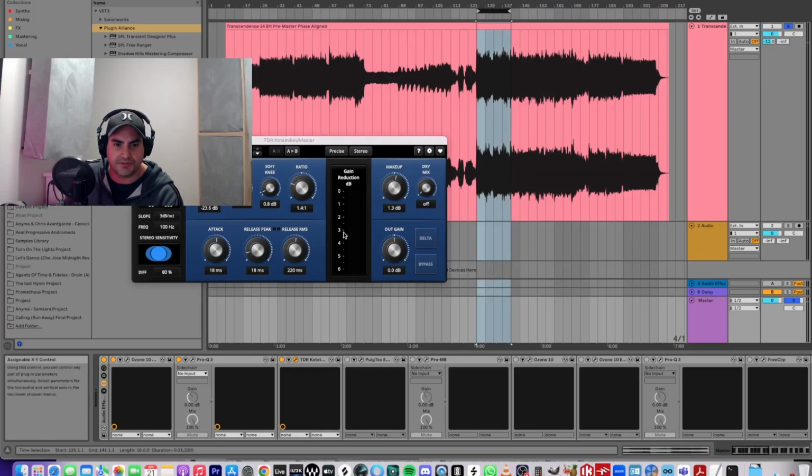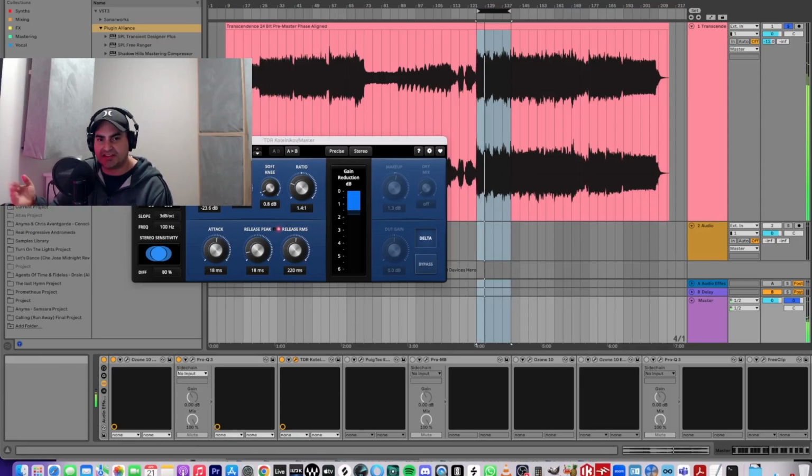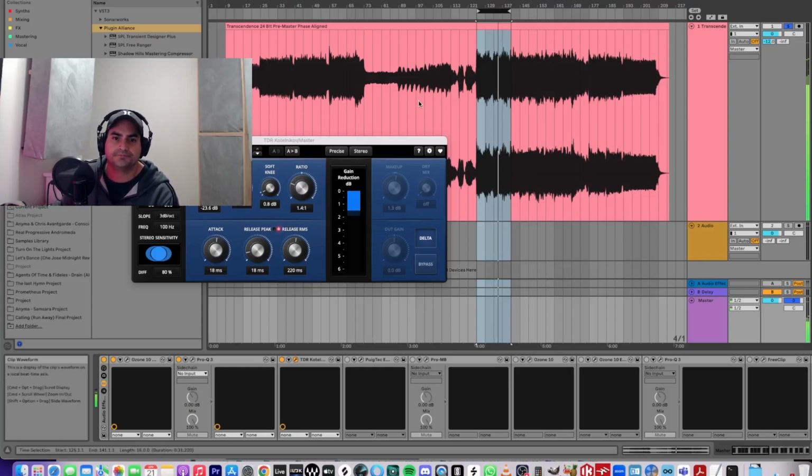So if I was just to turn this on, and we'll set this to delta, so we can just hear the difference. As you can hear there, it's taming the kick or the low end, but allowing the rest of the track to filter through. So basically it's giving us a flatter signal, which is a less aggressive type of compression. And if we A/B that,